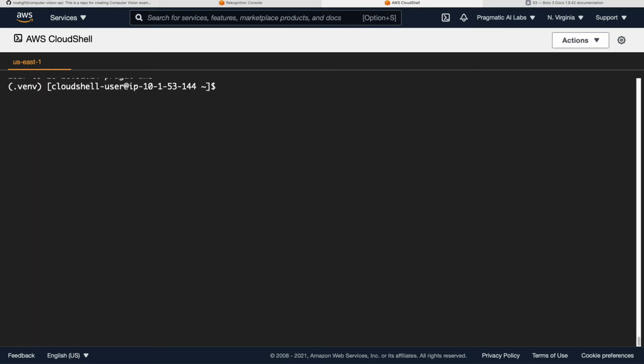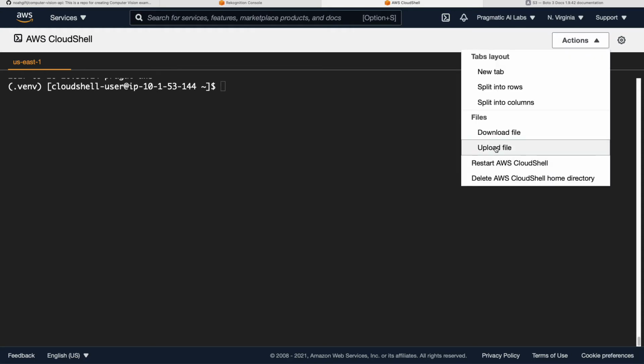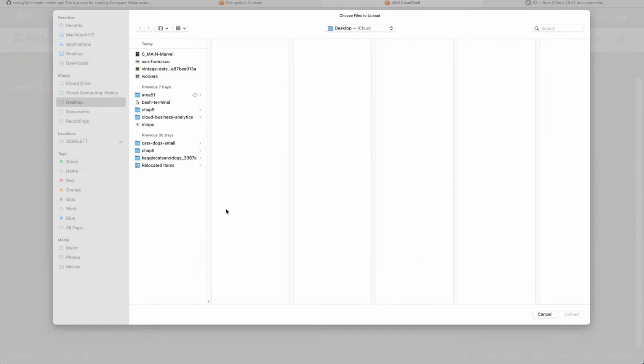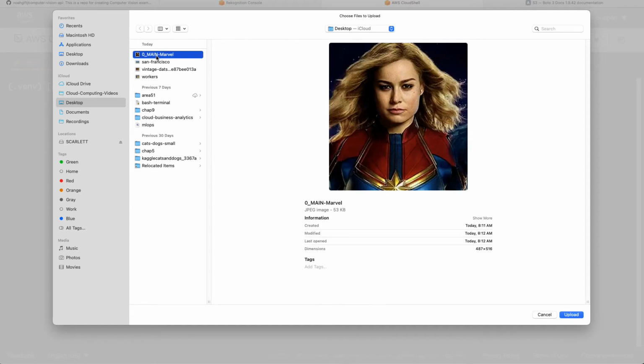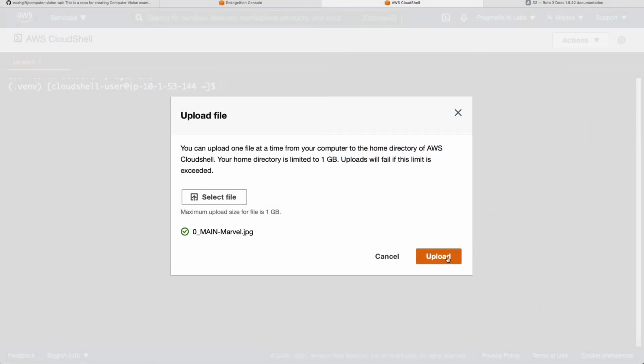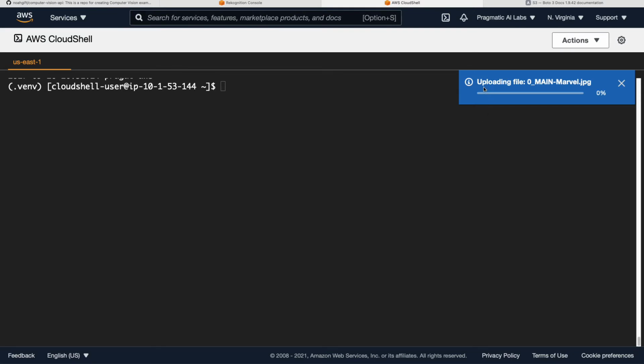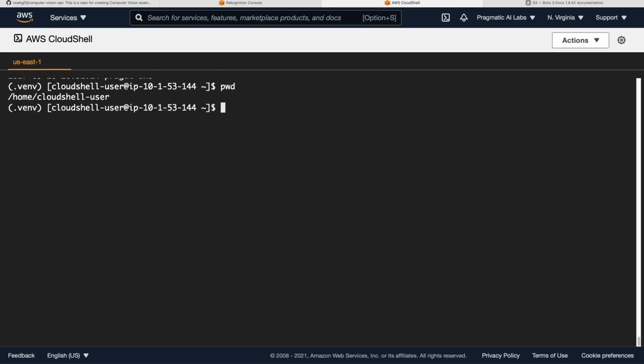Now let's get a little bit more sophisticated here, and let's actually upload a file, right? Because remember, it can upload a file. So I'm going to grab one from my desktop. Let's grab the Marvel character maybe, and let's upload this here. There we go. You can see uploading file, right? And this is uploaded to the home cloudshell-user directory. And if I type in pwd, print working directory shows me the location that I'm in. And then we can see that